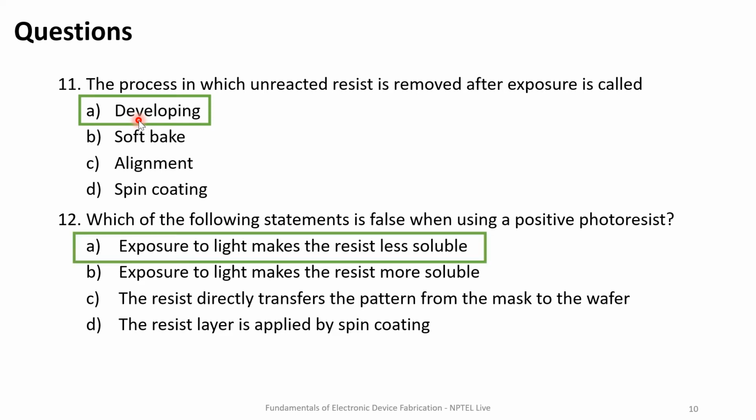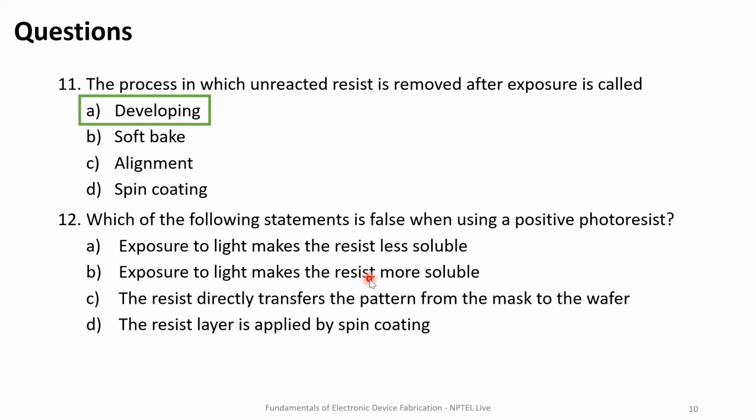So the next question is, which of the following statements is false when using a positive photoresist? There are two types of photoresist. Can you tell me what is the difference between the two? There is positive photoresist and negative photoresist. What is the difference between the two? Soluble, yes. In the case of a positive photoresist, the region that is covered will become less soluble and